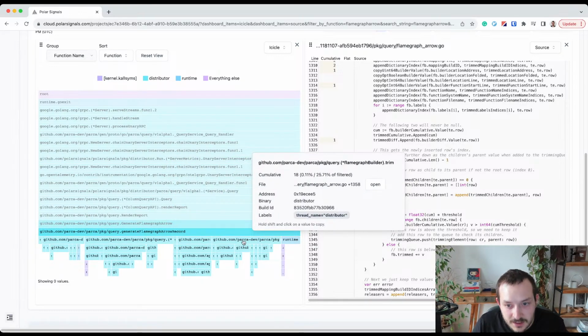So yeah, trimming definitely, as we can see, uses about 25%. What trimming does is, once the whole flame graph is built, it iterates over the whole flame graph one more time to see which frames are even possible to be viewed, because this is a visualization, right? What we're doing is